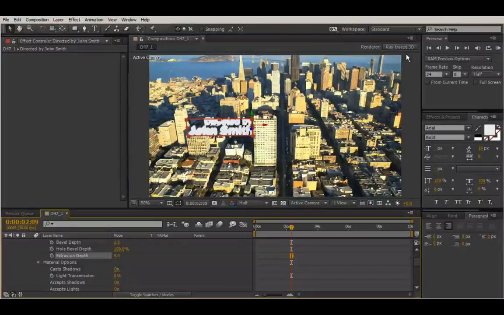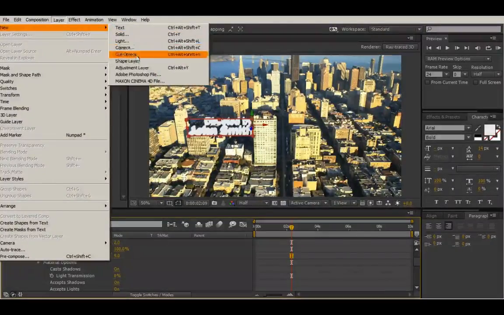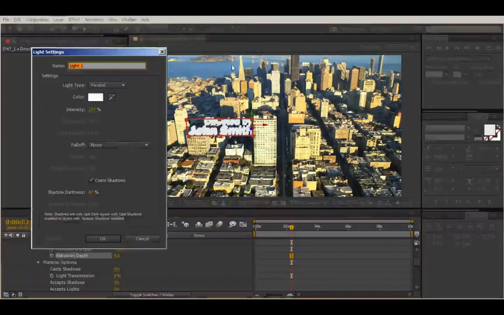And then we're also going to need to create a parallel light. So go to Layer, New, Light, and it's going to be a parallel light. And for our intensity, let's maybe start out with about 200% or so, and no falloff. It needs to cast shadows, and then we can adjust our shadow darkness if we need to. We can maybe put that about 80% or so to start out with, and we might even name this parallel,